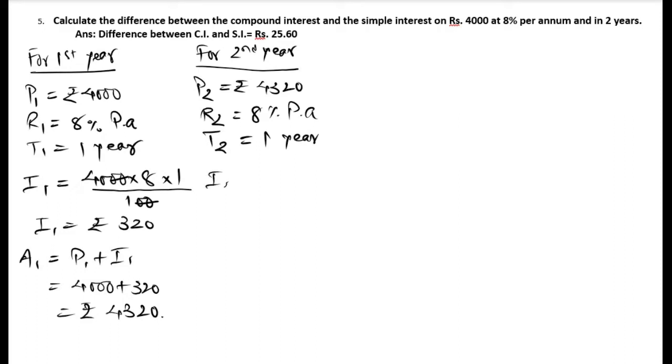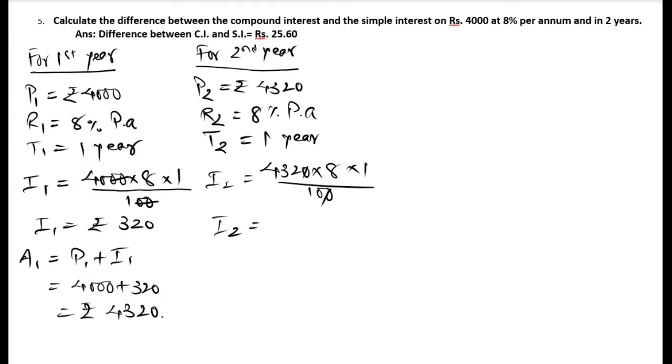So I2 will be P2 into R2 into T2 upon 100. The zeros cut, and I2 becomes 432 multiplied by 8 divided by 10. If you calculate this, you will get 3456 divided by 10, that is rupees